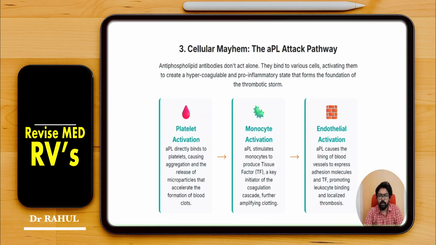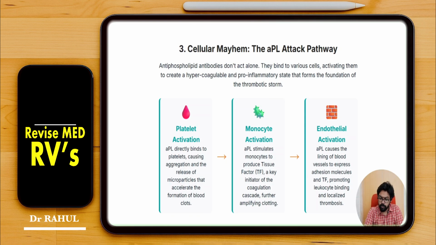We will get into the overall pathological outline regarding the APS. These antiphospholipid antibodies will activate platelet, monocyte and endothelium. That's the key concept. APL antibody directly binds to platelet and causes aggregation and release of microparticles that accelerate the